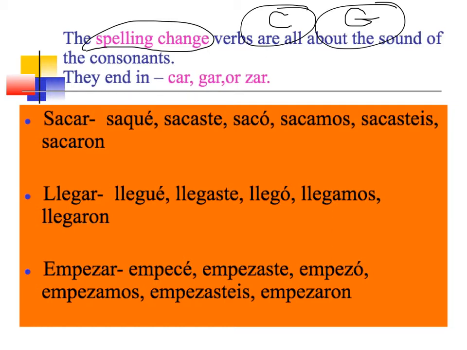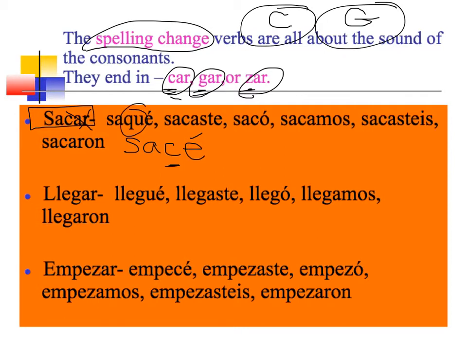All right, so if we look at these groupings of verbs that end in CAR or GAR or ZAR, we are going to be aware that they're AR verbs, that the vowel changes are going to affect the pronunciations. So look at sacar. Take away the AR, the part that's left is the stem. If I'm trying to do a preterite version of this verb and I put on an accented E, I have not written saqué, I've written sacé, because a C in front of an E or an I is a soft sound. So I do need to change to a QU spelling to make sacar consistent all the way through.